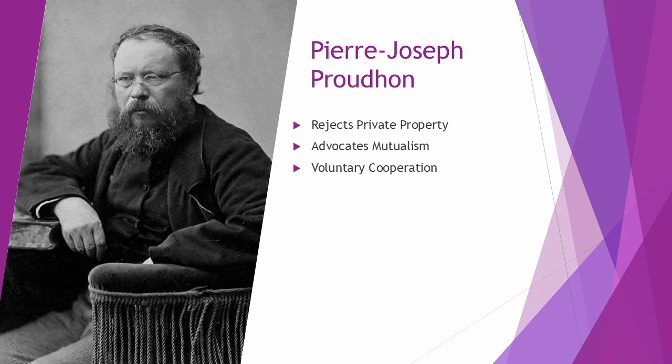The ideas of Pierre-Joseph Proudhon are opposition to private property and collectivism and the rejection and overthrow of the state. The idea of opposition to private property and collectivism is that private property limits liberty and economic freedom and should be replaced by mutualism. The idea of the rejection and overthrow of the state is that the state must be peacefully dismantled as it